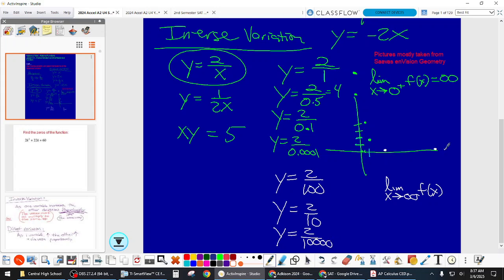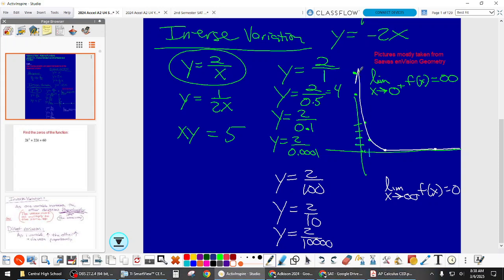So what's happening as we get way out there? What is it getting closer and closer to? The y value, so the limit as x goes out to the right, as x goes to infinity, of f, it's getting towards what? 0. Towards 0. Good. Okay, so first of all, we notice two different limits. As we're going closer and closer to 0, it's shooting up to infinity. As we go out to the right, it's getting closer to 0. So as Tom pointed out a second ago,